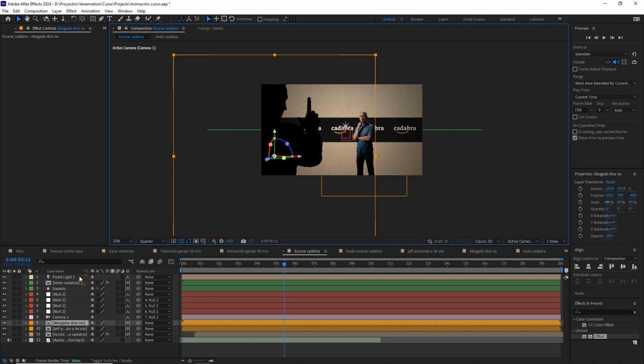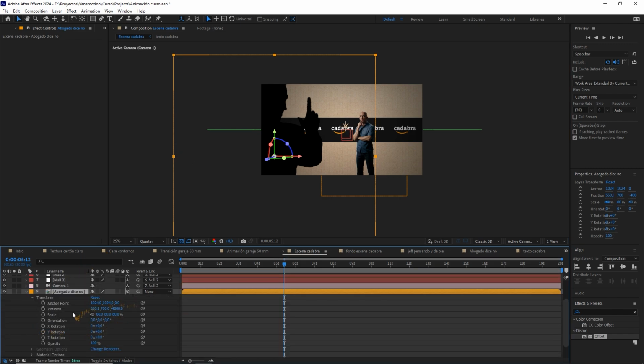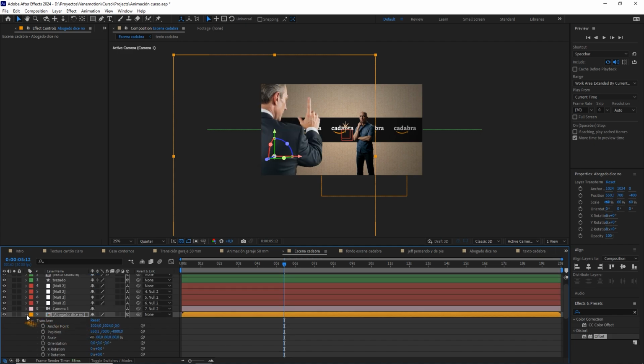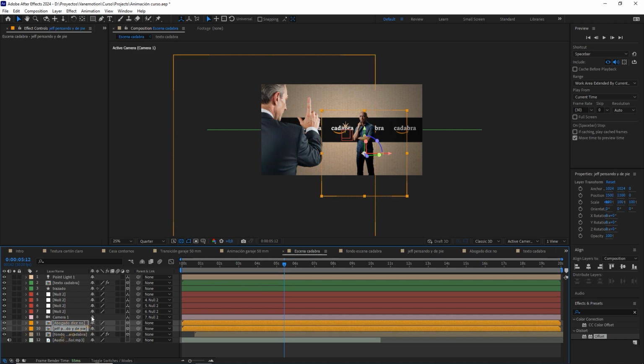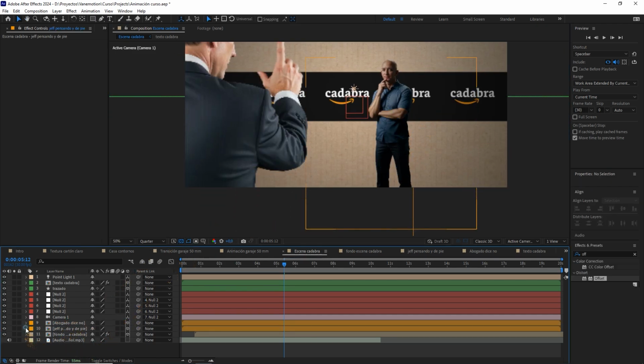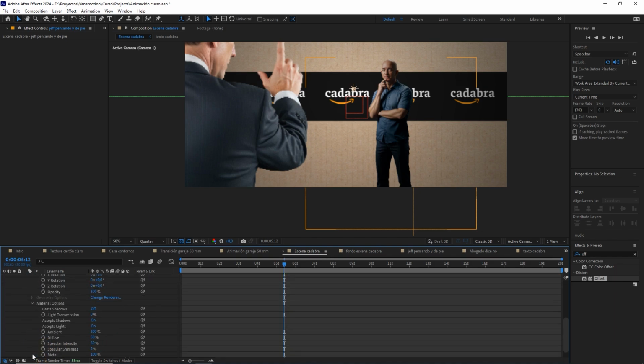And the first thing I see is that I don't want the lights to affect the composition of the lawyer. So we come to Material Options, and here the light accepts is on, so we leave it off, okay? And I don't want the lights to affect the same one either. Then we deploy Material Options, accept lights off,